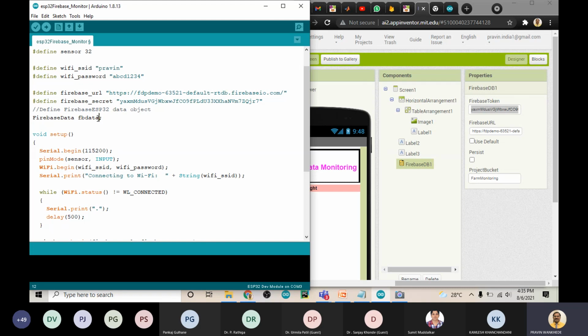What I will do is add Firebase URL 1, Firebase secret 1, then Firebase URL 2, then Firebase secret 2. And I will use Firebase data FB data 1, and then FB data 2. In this way we can send data to two different locations. Fine. So this is what is generally called an object.